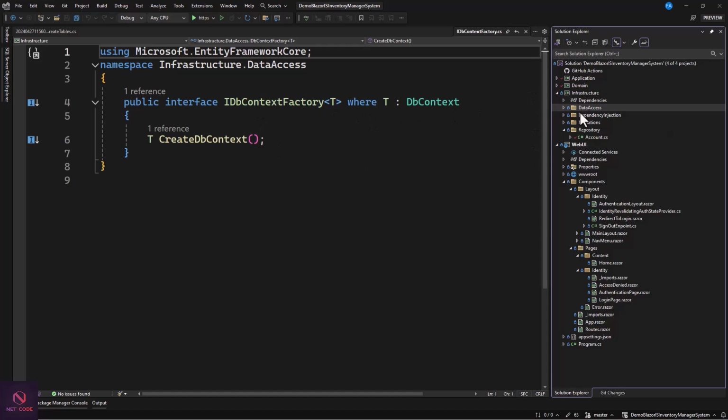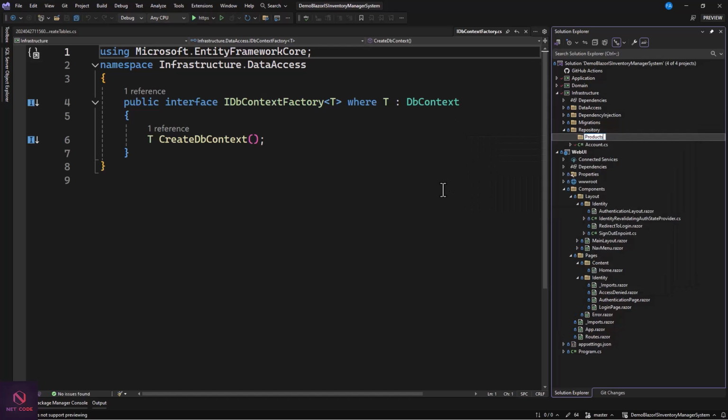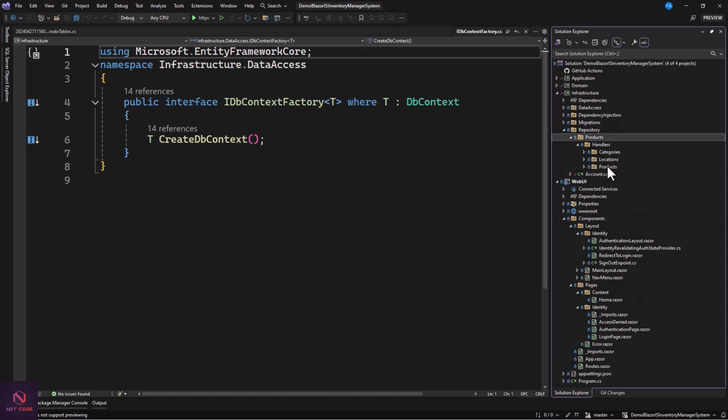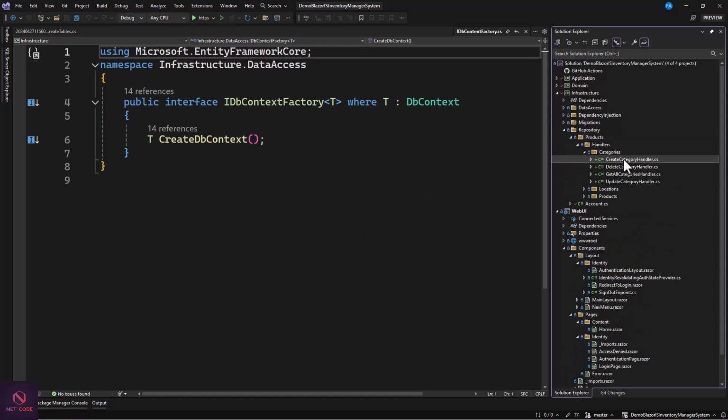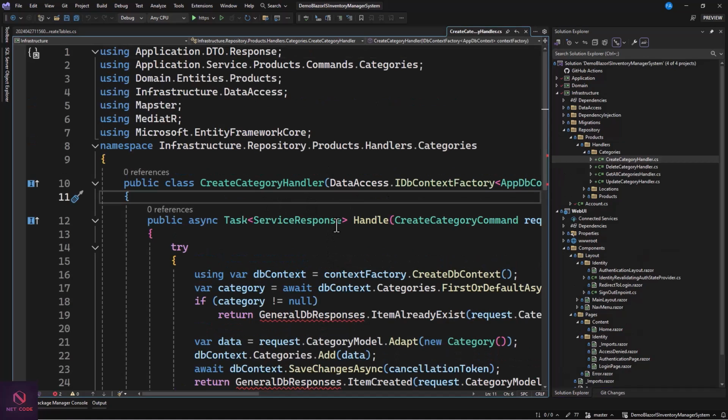So I'm going to create a folder in here for the repo, and maybe I can call this products. And within the products, I'm going to create my handler. In this handler, you have categories, location, and product. Now, if I click on create category handler, we can see from here,